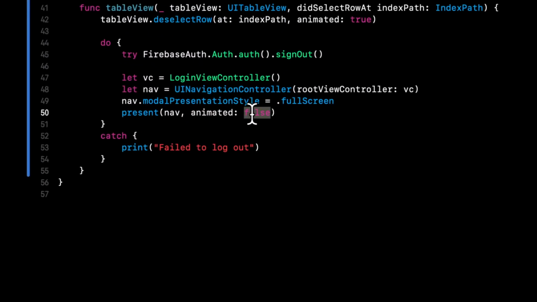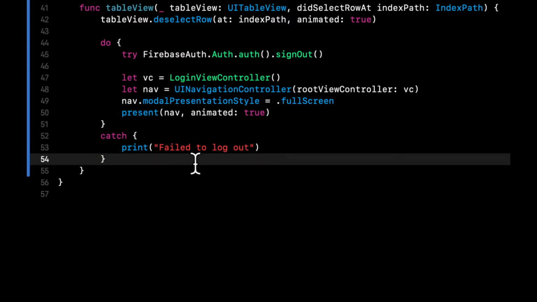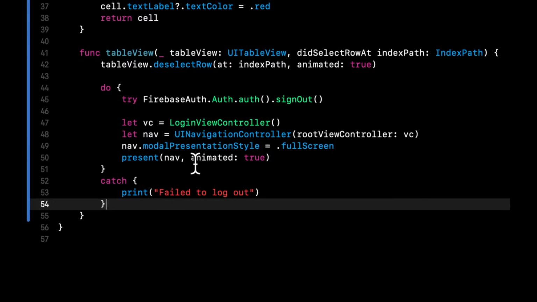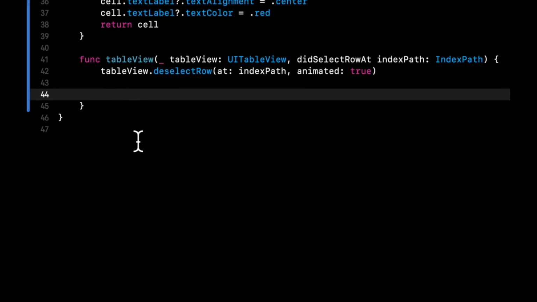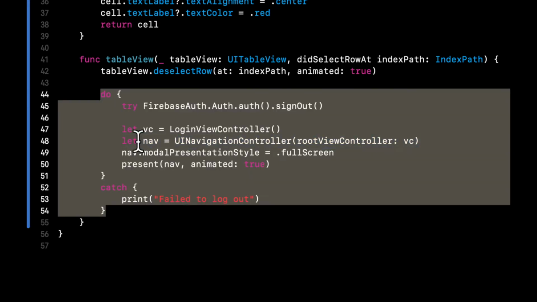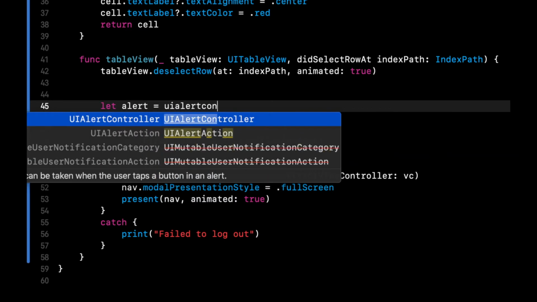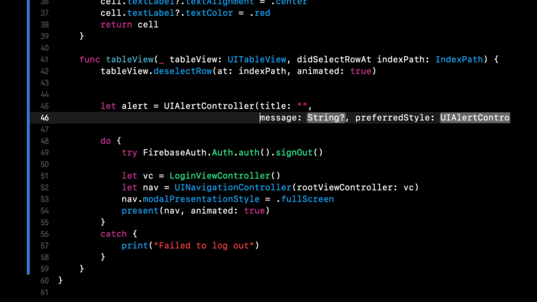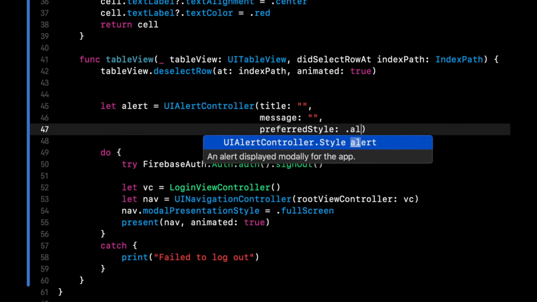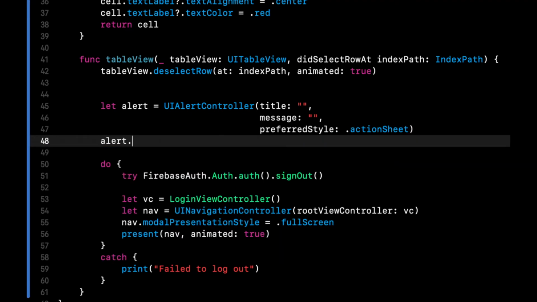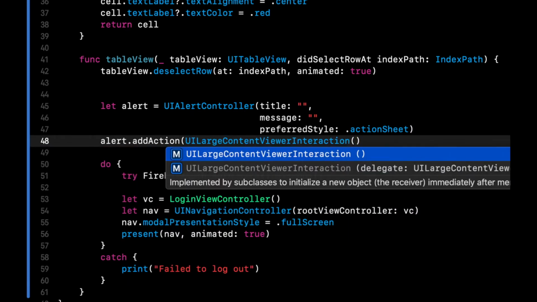We want to show it with an animation. And the other thing I'm going to do is we want to show an alert for the user to just confirm that they want to log out so they don't accidentally hit it and unintentionally log out. So what we're going to do is actually, before we copy and paste that, let's create an alert here. And this is going to be an alert controller with a title, a message, and a style of, let's just say, action sheet. And we're going to say alert, add action,